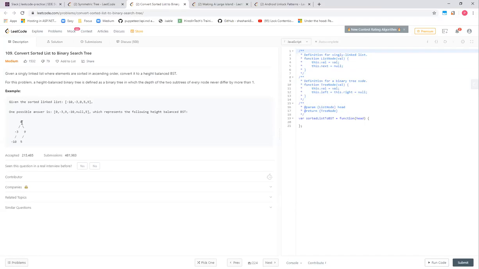Like if you have these trees like 0, -3, 9, 10, and 5, each node, let's suppose this one, has a balance difference of 0. Everything is 0. There's no child. So it has balance difference 0. It's a valid balanced tree till here. Now coming to -3, you have one left child, 0 right child. So it's still having the balance property fulfilled because the difference between the left and right child is 1. Same goes for these two nodes and the 0. So 0 has a maximum depth of 2 from the left hand side. On the right hand side, it also has 2. So your root is also balanced, right? This tree entirely, from each node's perspective, is a balanced tree.